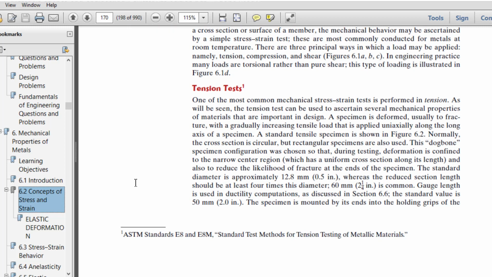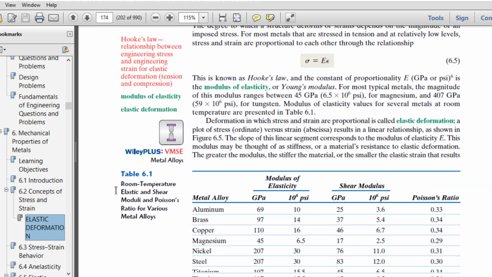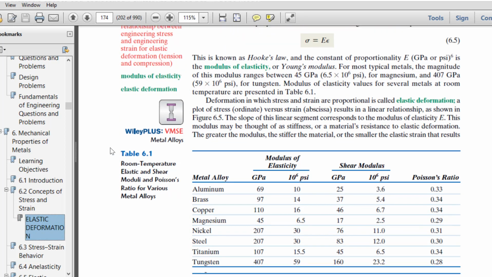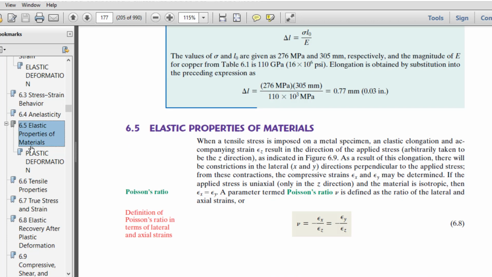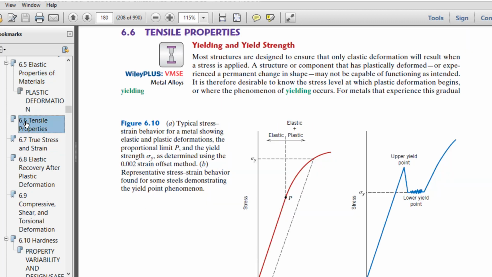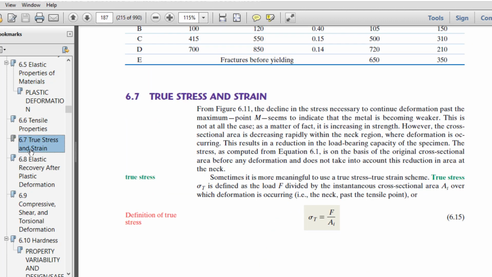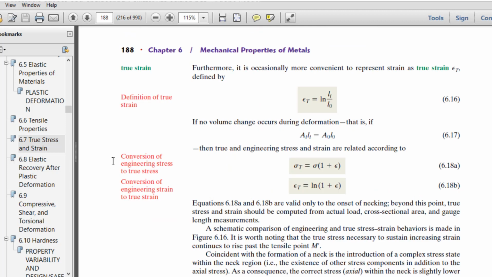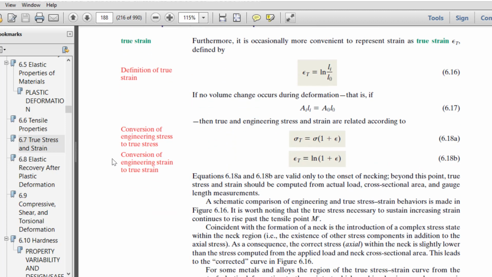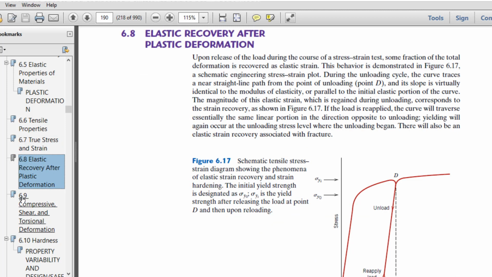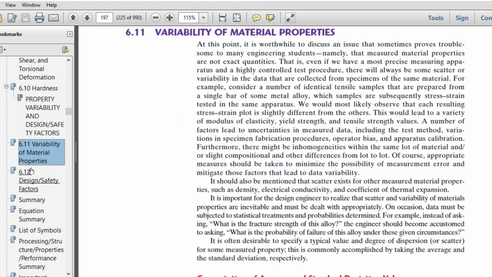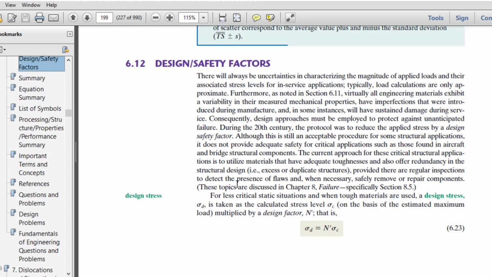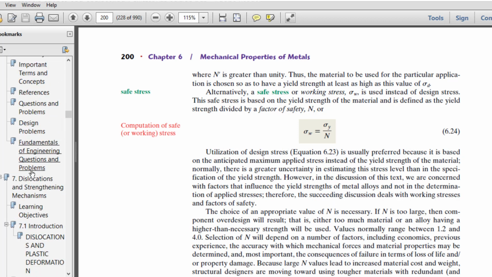What are stress and strain, then elastic deformation, what is Hooke's law, then stress strain behavior. These things you must have read, but this is for someone who is confused about where to start reading. So you can read from here basically. Briefly and very beautifully it has been explained. Then hardness, okay, factor of safety. So these things you know very well, I guess.